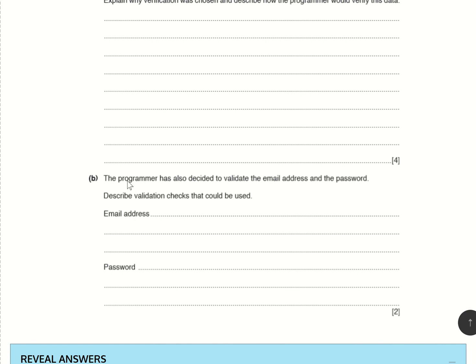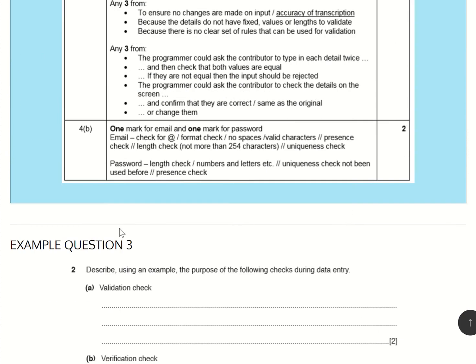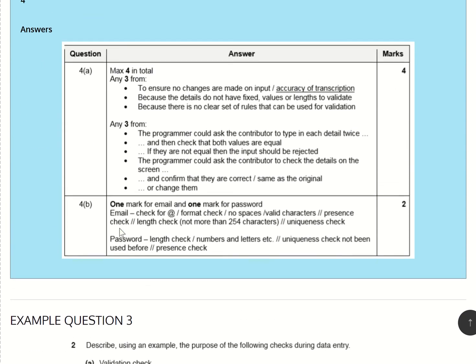Let's see, 4B. The programmer has also decided to validate the email address and the password. Describe validation checks that could be used. Email address, for example, it could be